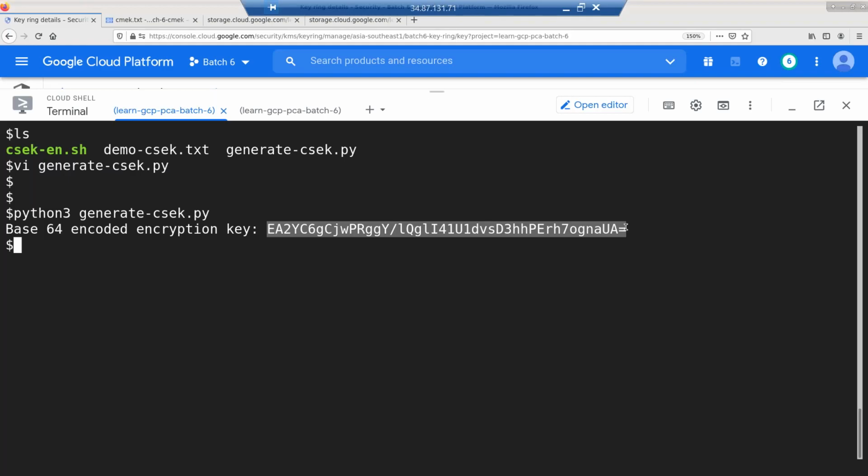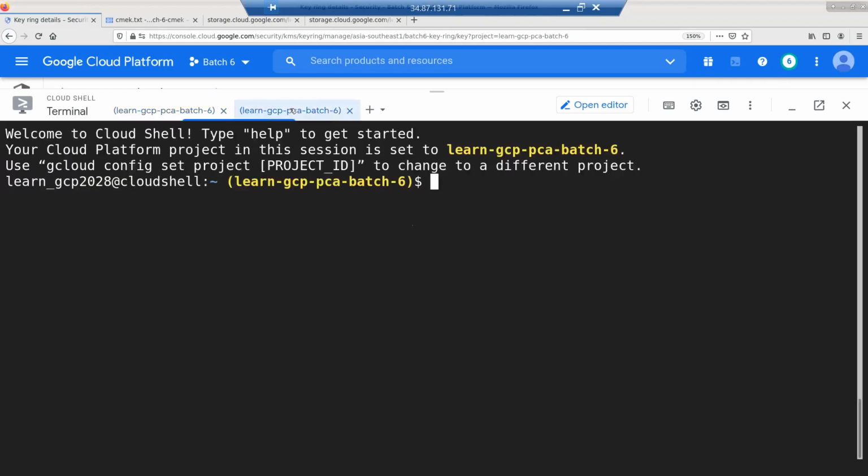So this Python code is not in the Google Drive, Deepak. I'm going to upload it at the end of the day, so you can look into that code if you want. Okay, so the key is there. What I will do is, I wanted to keep the key, otherwise I'll forget it. So what I'll do is